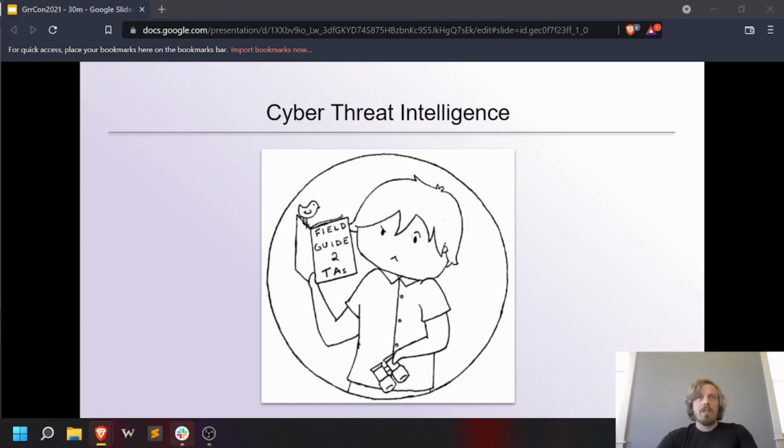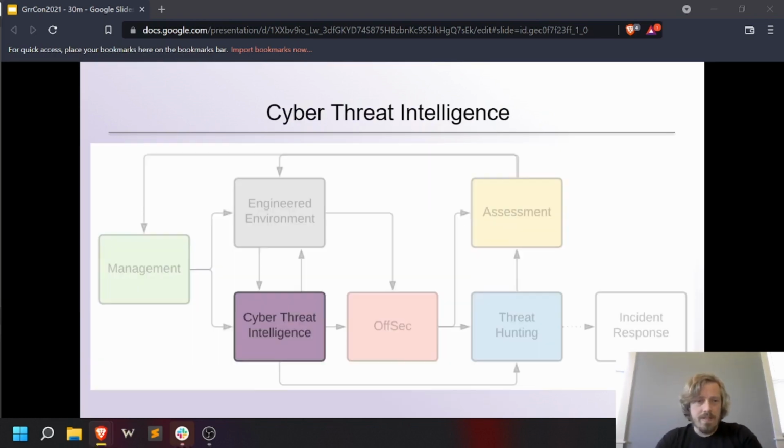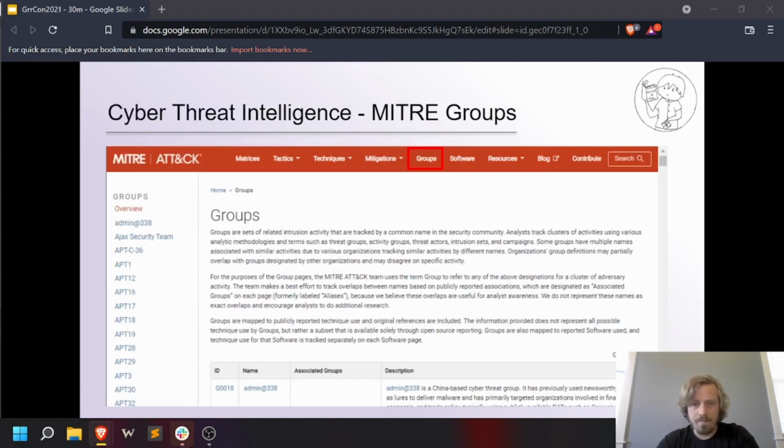So what does it actually look like to perform this activity? Well, we start with cyber threat intelligence. This is what ensures we optimize our time and do not spend time hunting or emulating items not relevant to us or our environment. Our threat intel is obtained from a few different sources. We use some paid as well as some free. However, for this presentation, I'm going to be using all open threat intel.